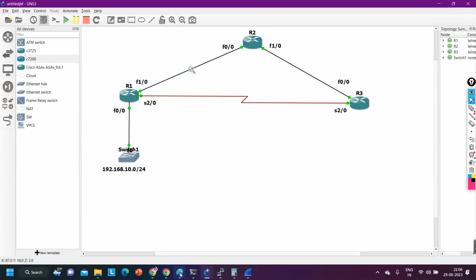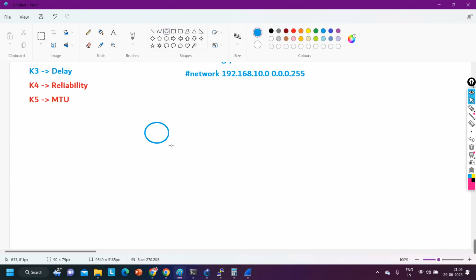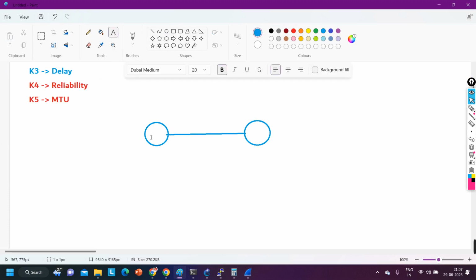So let's say router 1, router 2, R1 and R2. Here let's say the IP address is 12.1,